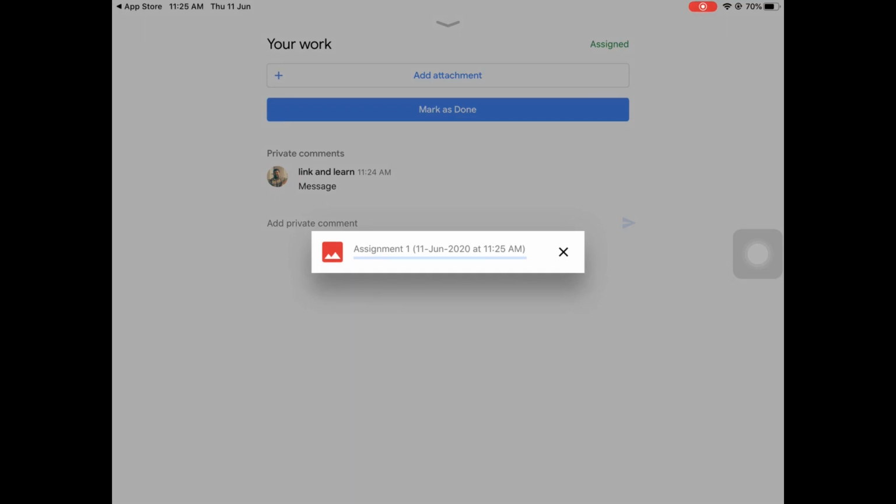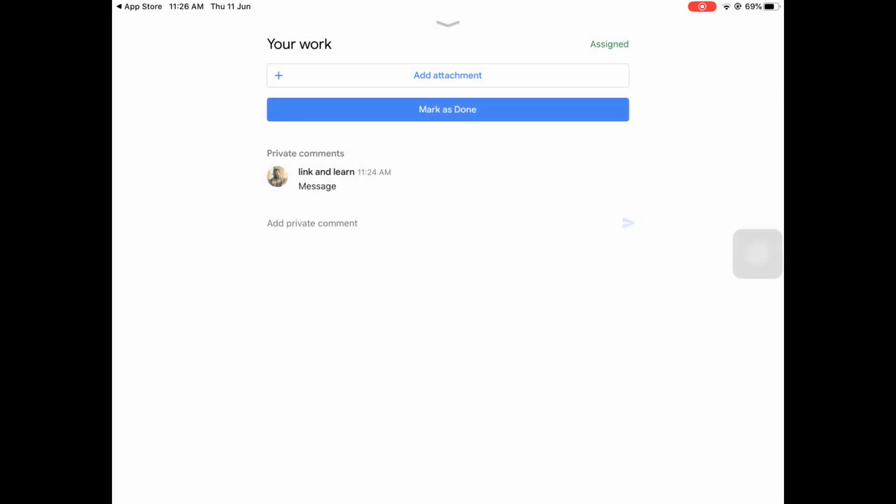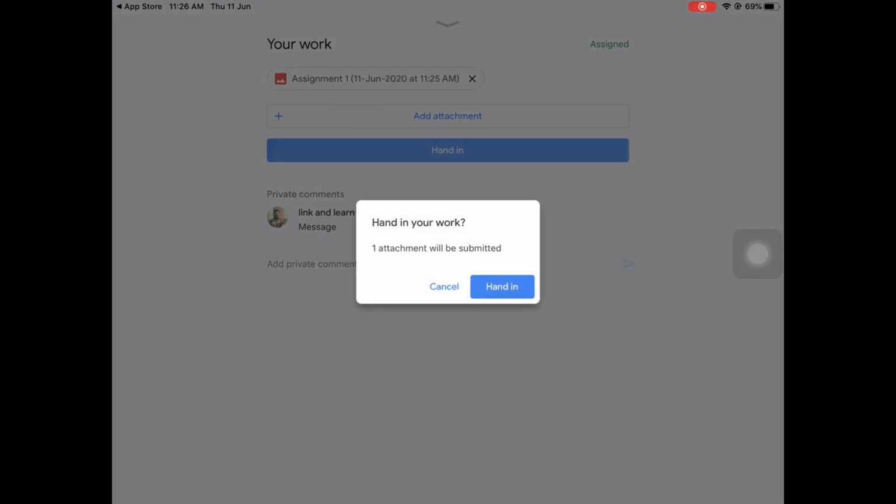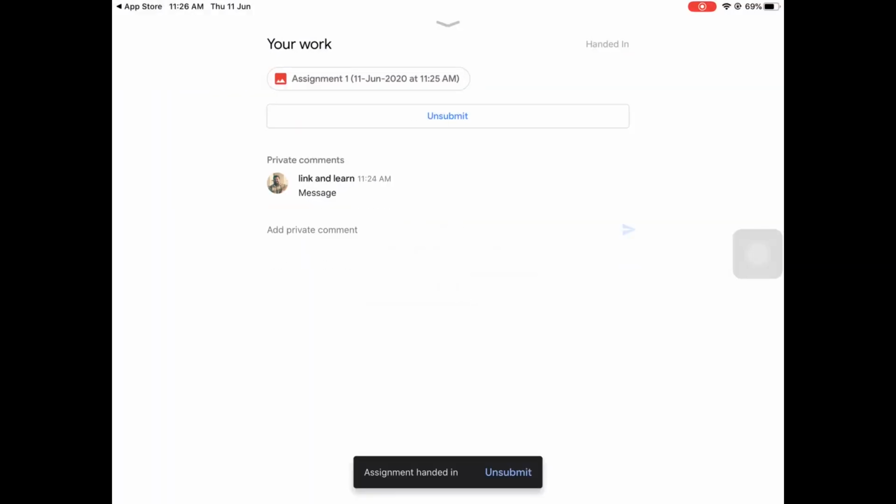The attachment will be uploaded. Once the attachment is attached, click on Hand In. Make sure that you hand in or turn in the attachment so that you can submit the assignment for evaluation. Now the assignment has been successfully submitted for evaluation.